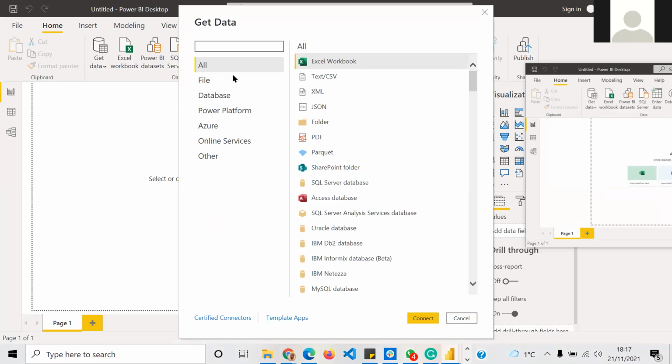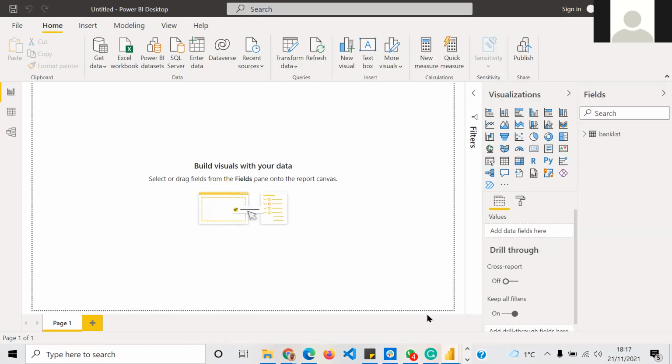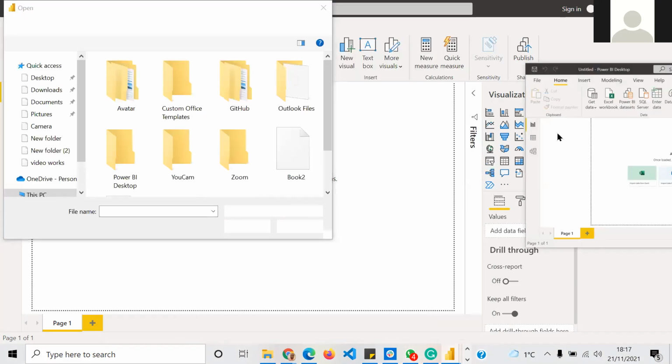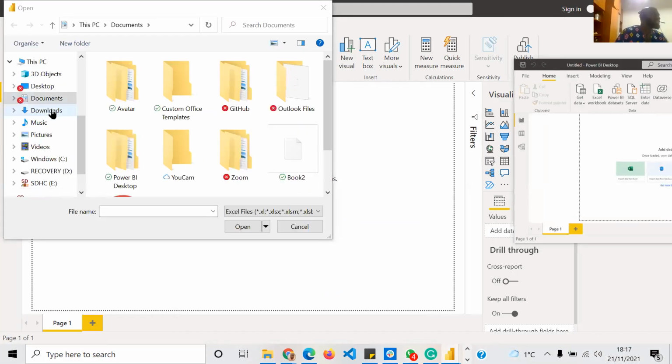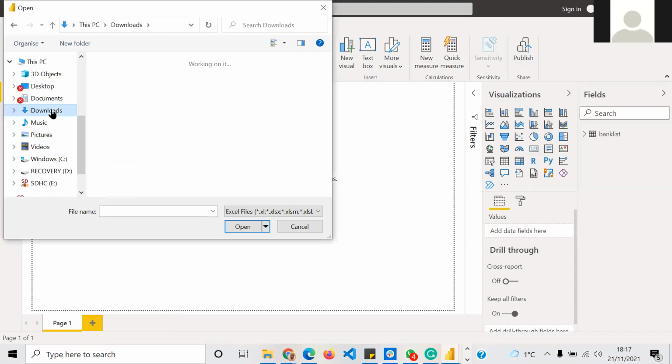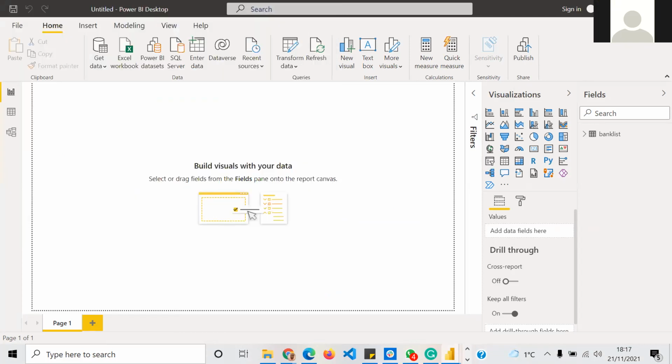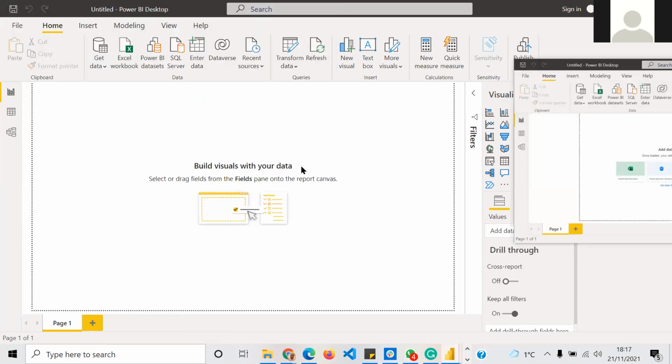Unfortunately, I'm unable to download the customer data onto my desktop, so I can't load it. I think I have to accept a third-party download from the Google Drive. So I'm having an issue with downloading, but I can upload it to Power BI.